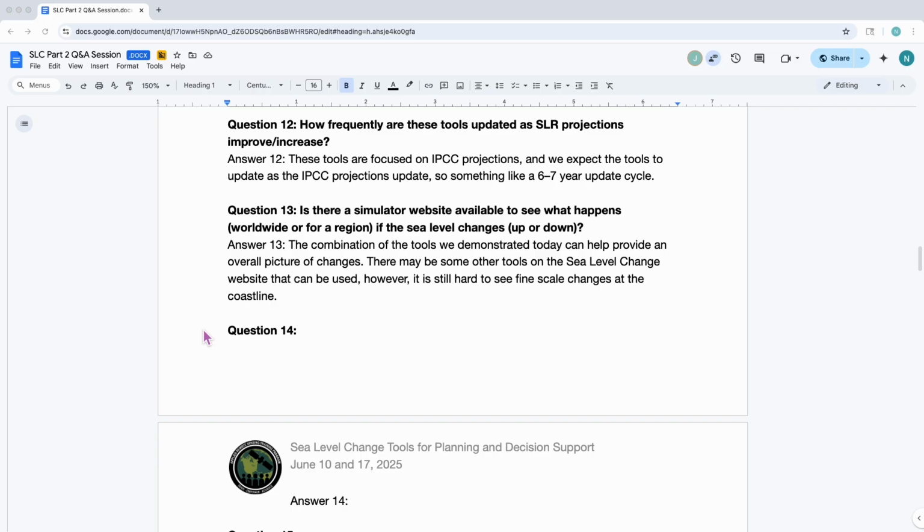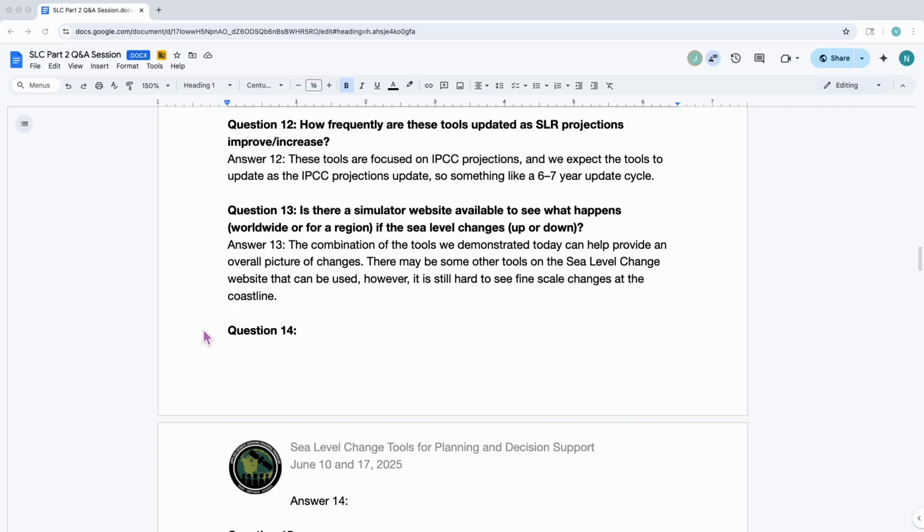Well, my answer, Dennis, is going to be similar to yours. I think that's generally correct. I think you can see for a given location where we have actually both of these tools available, you can kind of get the sense of what happens. However, I'm wondering if the spirit of the question isn't more about sort of a larger scale visualization of, so